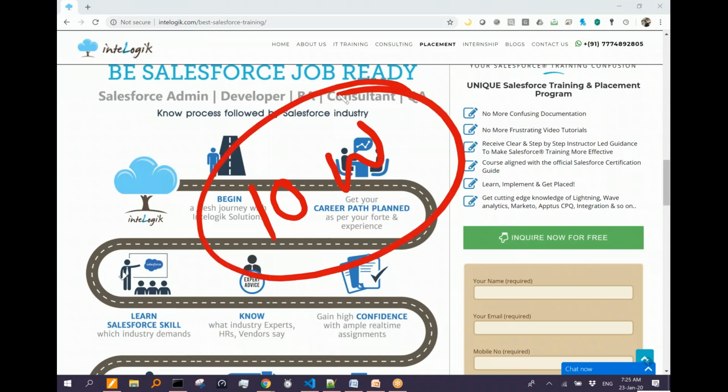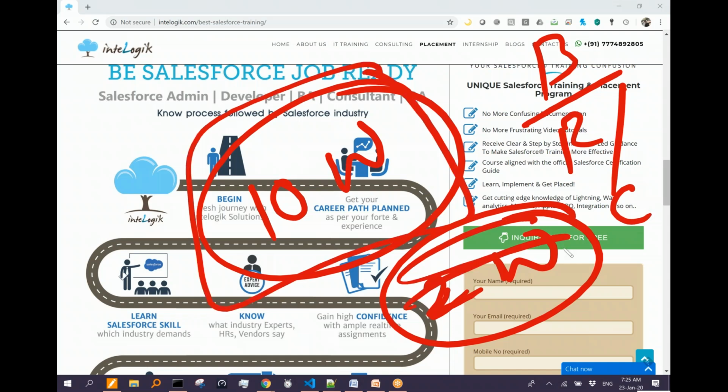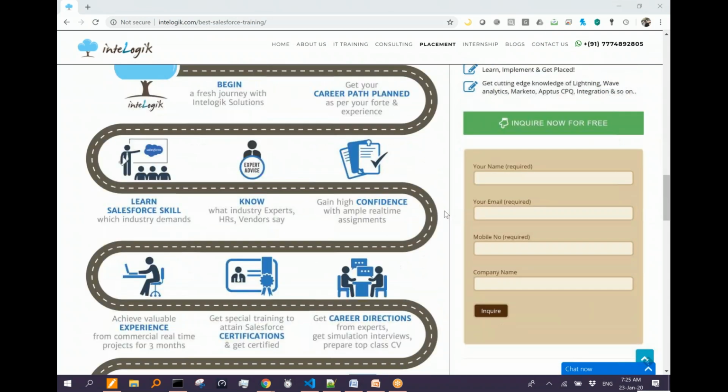So please note this program is approximately 10 weeks. After 10 weeks, 2 weeks of optional program is also conducted to help people with some bonus topics, or resume or certification, etc. But this one is compulsory and 2 weeks is optional. And this way, with this 10-week compulsory and 2 weeks optional, people actually spend around 3 months of time